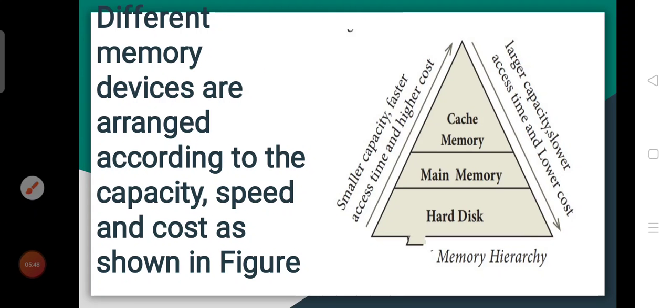And then the memory hierarchy, how the memory is arranged here. The order of the memory: the cache memory, main memory and hard disk. Hard disk, you are familiar with, is a secondary storage device. And the main memory is RAM and ROM, and cache memory is a small set of memory which holds only the batch of instructions which are to be executed.